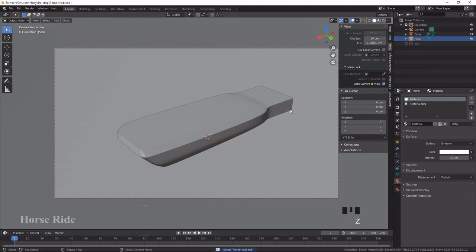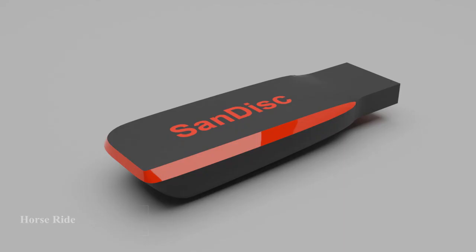Wait a second. Yeah, our rendering has now completed. So this is the SanDisk pen drive, rendered and completed, and it's completely ready.